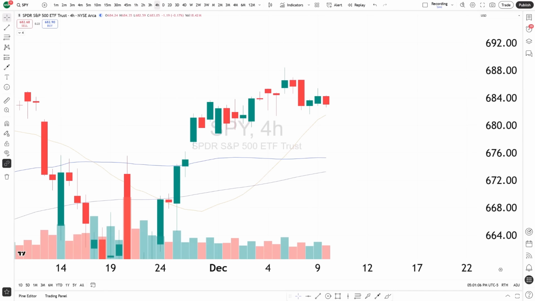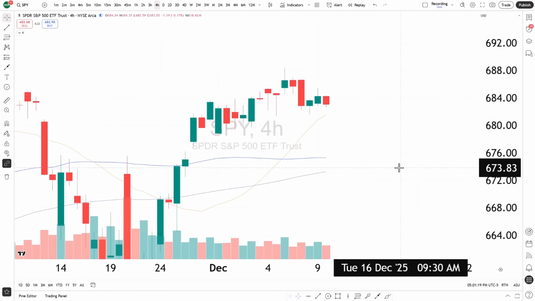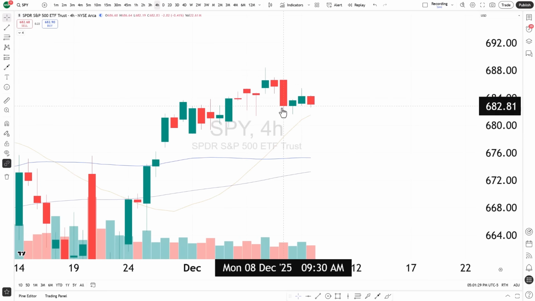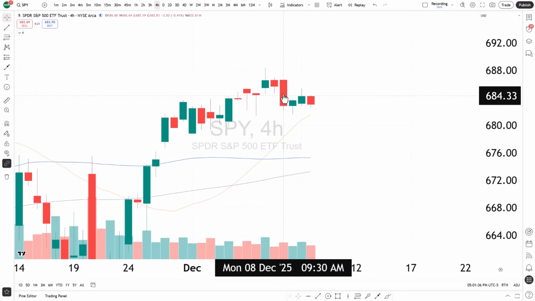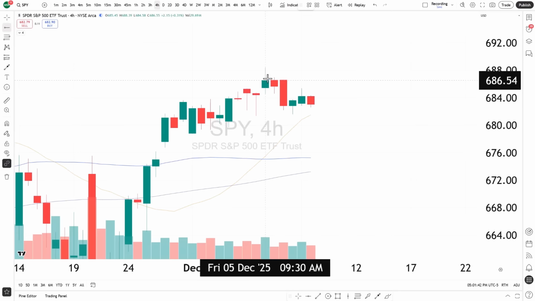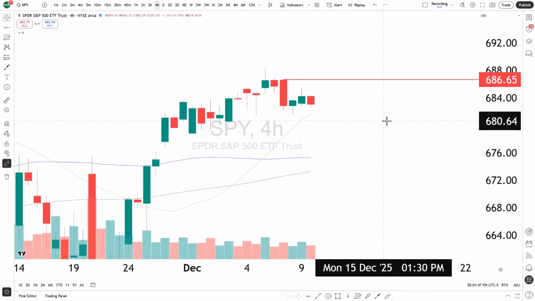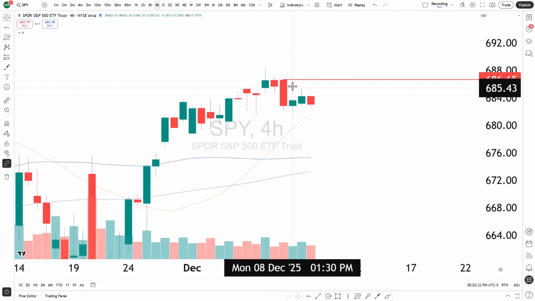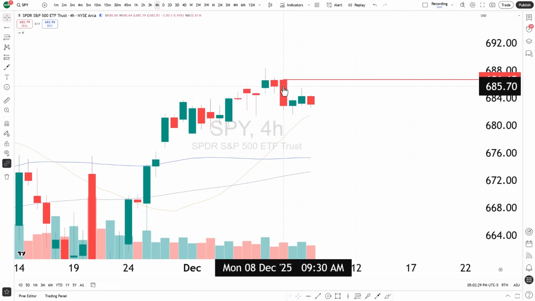But what I see right now on the 4-hour chart is an inside bar pattern that's been forming since yesterday, the beginning of the week. So what do you got? You got this big move down, and then you have some consolidation within this breakdown candle. And as we always say, the high of this breakdown candle is going to be some bona fide overhead resistance. Right now, this number can be our line in the sand number. The exact high is 686.64.